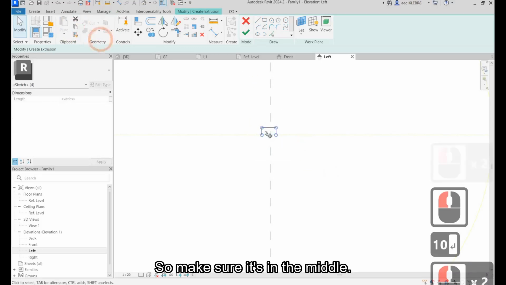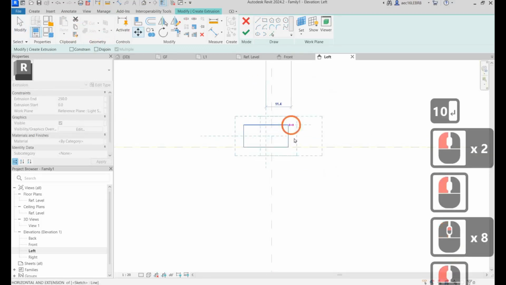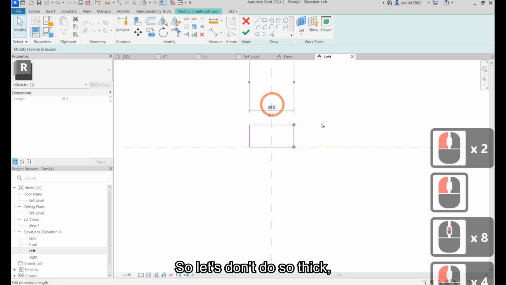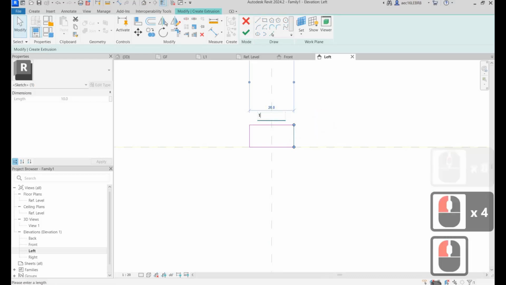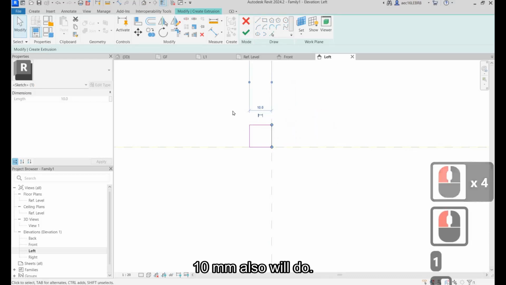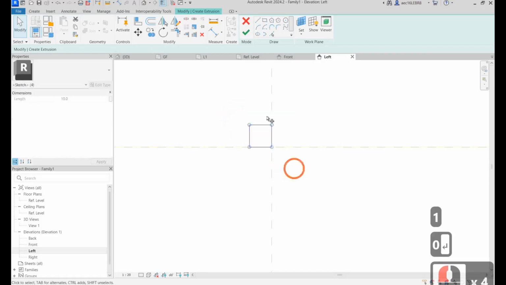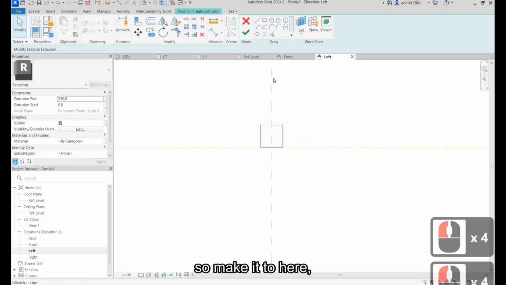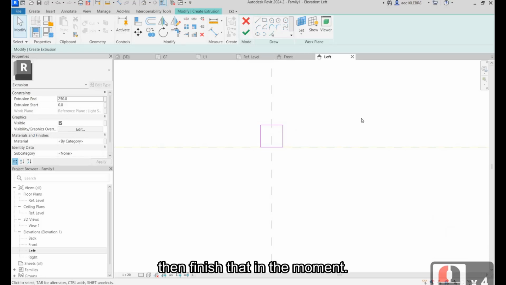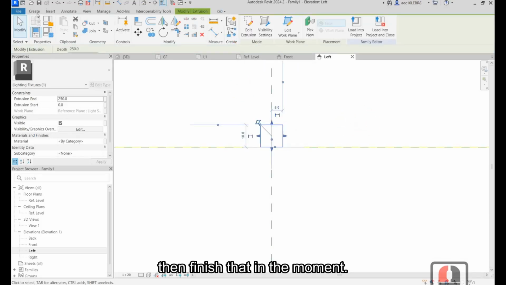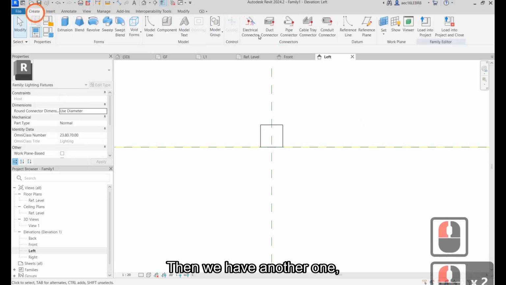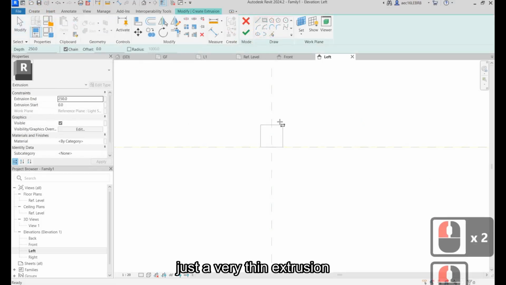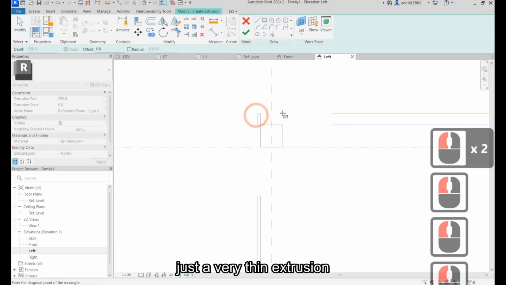Make sure it's in the middle. Let's not make it so thick, 10 mm will also do. Since this is the LED strip, make it to here. Then finish that in a moment. Then we have another extrusion, just a very thin extrusion.